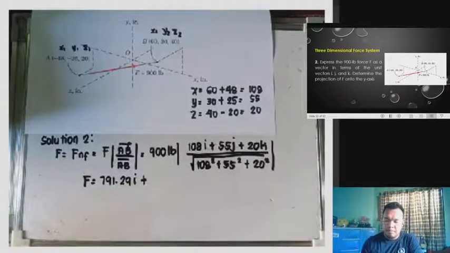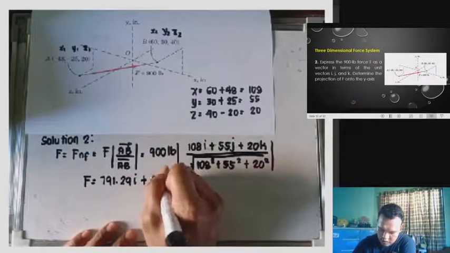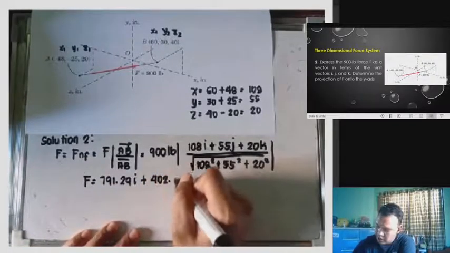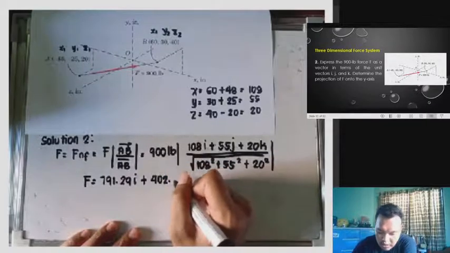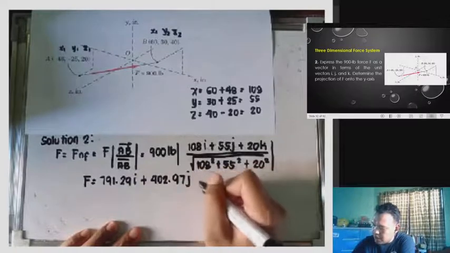Yung 55 naman po, 900 times 55 all over the square root of 108 squared plus 55 squared plus 20 squared. We have here 402.97 J plus